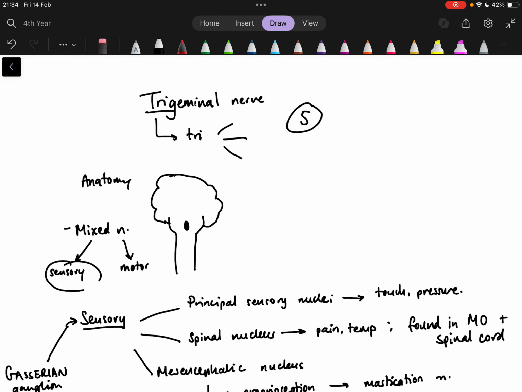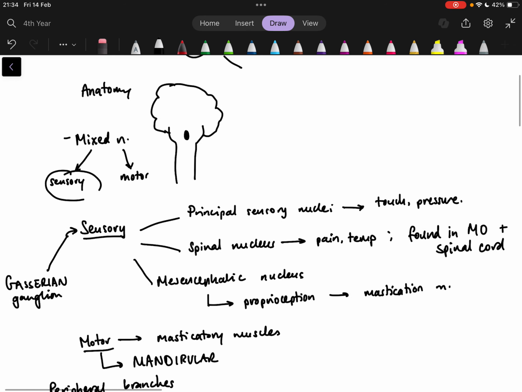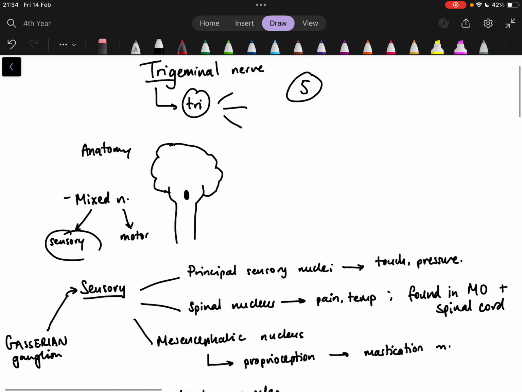Right, so the trigeminal nerve, this is one of the cranial nerves that you got to know out of the 12 cranial nerves. And it's called trigeminal because, well, tri means three, so it has three divisions, which we'll talk about now. So the anatomy of the trigeminal nerve, right,